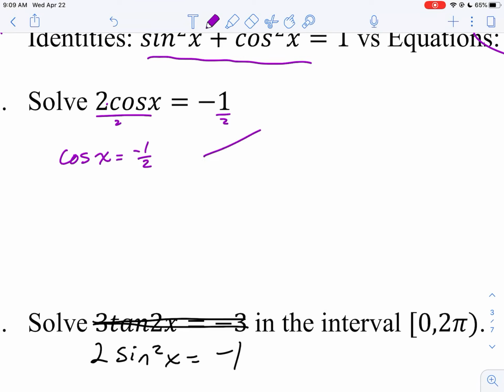At this point, you've got two options. You can go with the calculator option. If you type it in the calculator, you're going to use the inverse cosine, right? Or some of you are pretty comfortable with these, and seeing -1/2, you're realizing, hey, this is a 30, 60, 90 triangle. So the -1 is going to be here, the 2 is going to be the radius here. And so you're saying, hey, my answer here is going to be this angle. If you do the inverse cosine of -1/2,